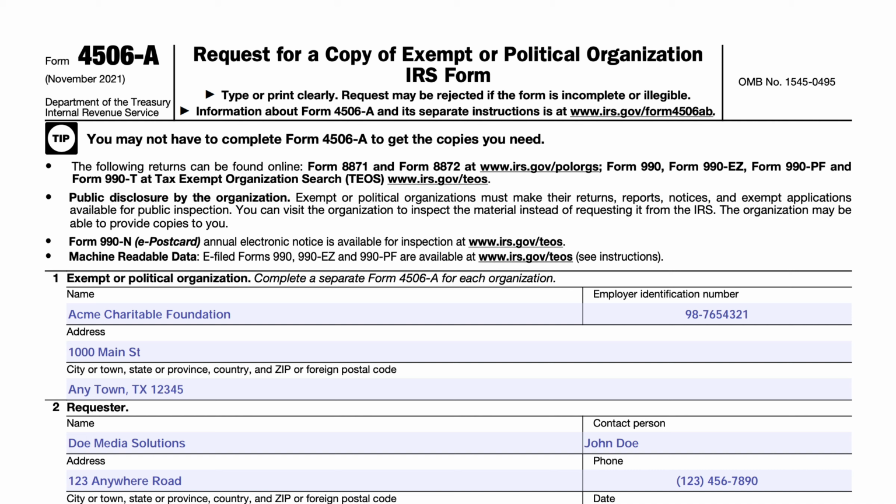So before we go through this, we'll go over a couple of ways that you can obtain similar information without having to file this form and wait for the IRS to process it. So the first way is if you just go to the IRS website, there are a couple, and actually the URLs are right here, irs.gov/POLORGS, and you can find completed forms 8871 and 8872 for political organizations, or you can go to the